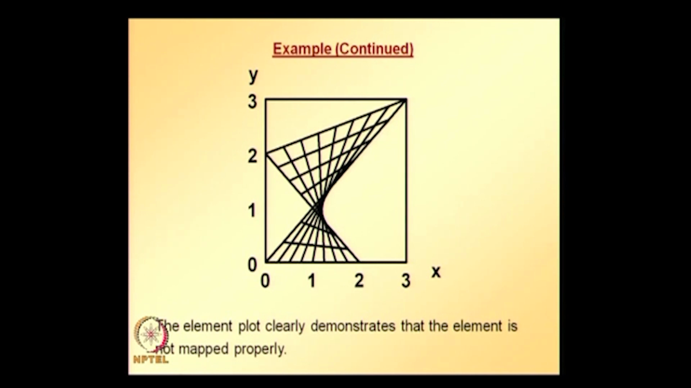So, placement of nodes and the internal angles of a quadrilateral, these two requirements are very important for the isoparametric mapping to be good. And whatever we have studied for 2 dimensional elements can easily be extended for 3 dimensional elements as well. And now let us look at